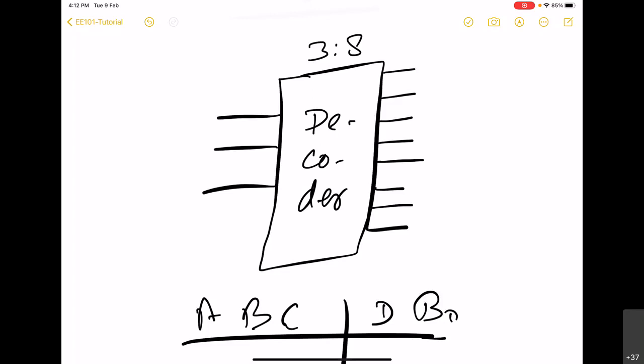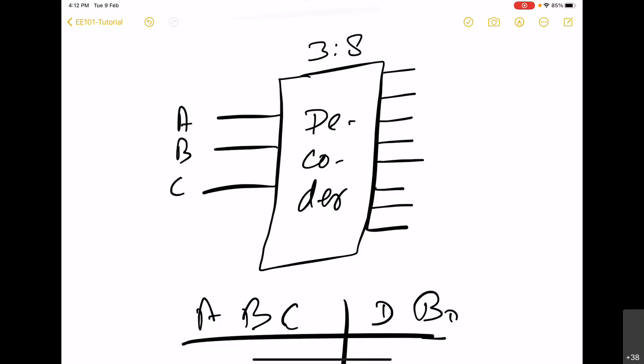Sir, yes sir, expression for D is X XOR Y XOR Z. Okay, that might be fine, but here keep in mind that you will have to implement using a decoder. So where the inputs are going to be something like this. This is A, this is B and C.